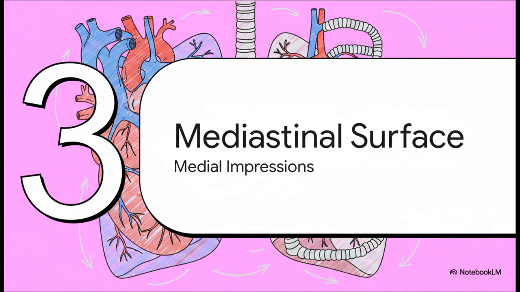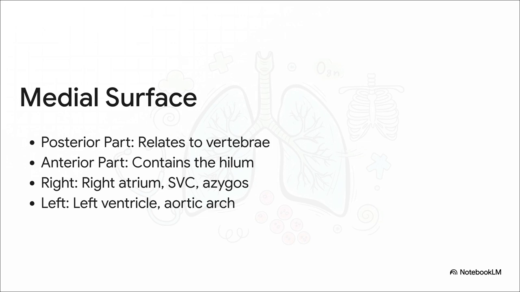Section 3. The mediastinal surface. Let's mentally flip the lung over to check out its medial surface. This side is divided into 2 parts. You have a small posterior vertebral part, which simply rests against the spine. But then you have this massive anterior mediastinal part. Think of this mediastinal surface like a giant mold of wet clay that's been pressed right up against the heart